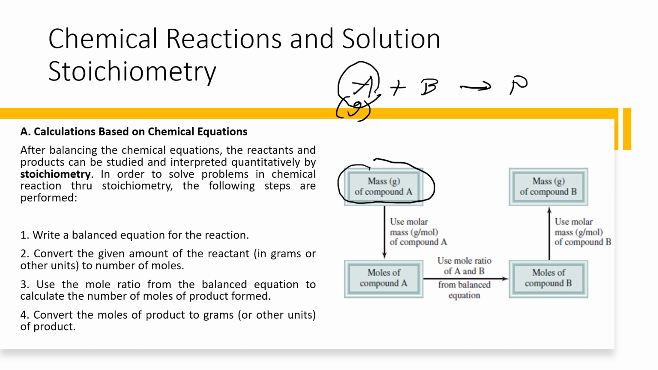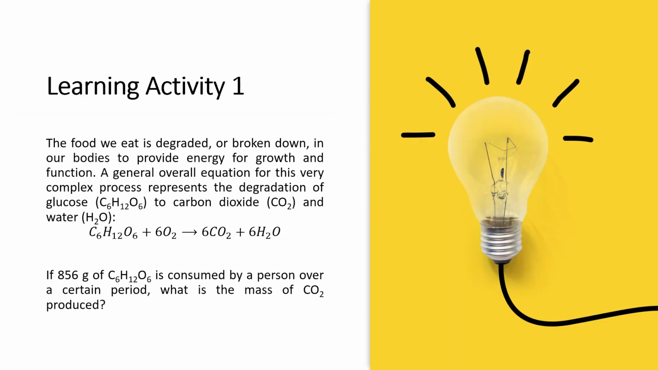So, for better visualization, we will have an example of this. As our first learning activity, the food we eat is degraded or broken down in our bodies to provide energy for growth and function. A general overall equation for this very complex process represents the degradation of glucose, that is C6H12O6, to carbon dioxide and water. Okay, so the balanced chemical reaction for the degradation of glucose